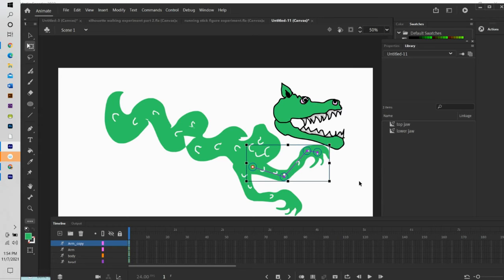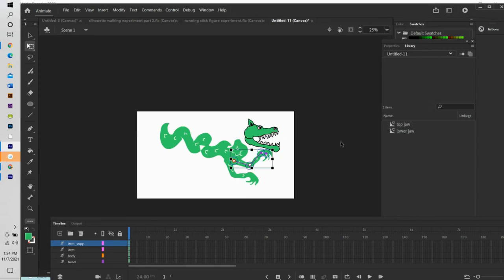Okay, and here is my monster. If I wanted to make legs, I could, but you get the basic idea. I'm going to now reduce the whole thing to 25% so I can see the whole thing. And now you see that I've got this skeleton